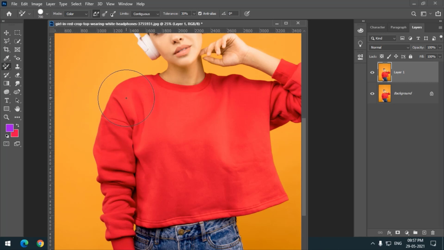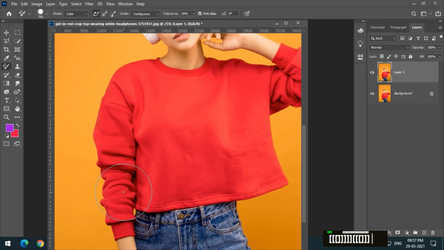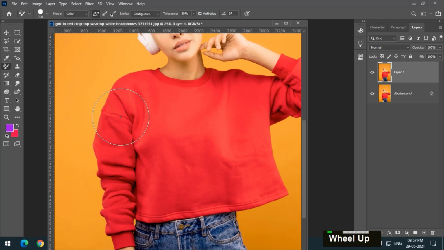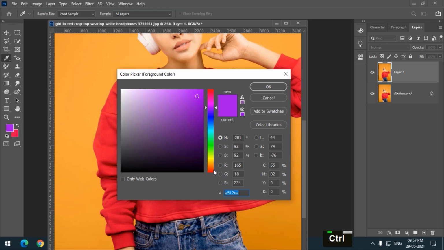If I want to replace the color of this shirt, just make sure the plus mark doesn't go outside the area of the shirt. I'll show you how you do it. I'm not letting this plus mark go outside, but as soon as I take it outside, the outer color will also get replaced. Let me choose some different color because it's not looking that good.